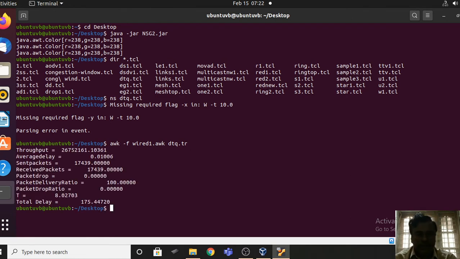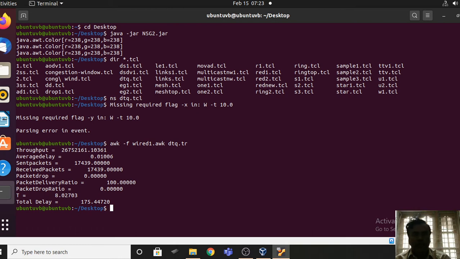So these are the throughput, average delay, sent packets, received packets, dropped packets, delivery ratio, drop ratio, and then transmission time, and that is the total delay.